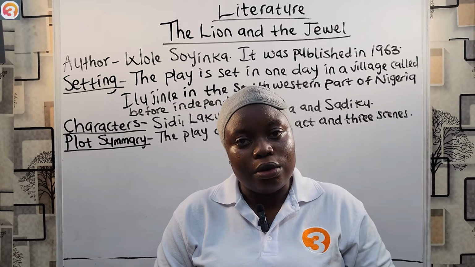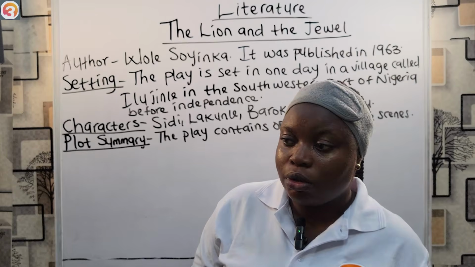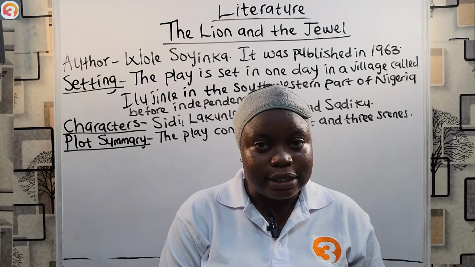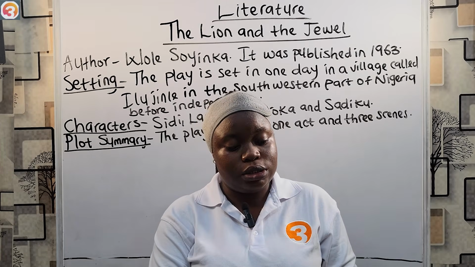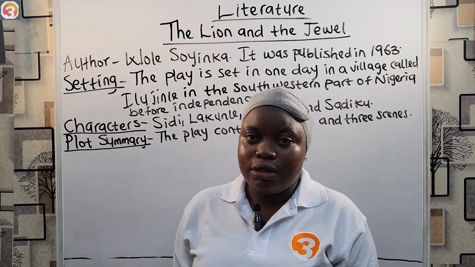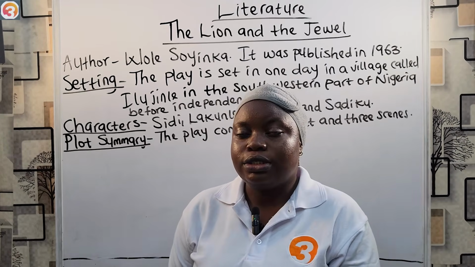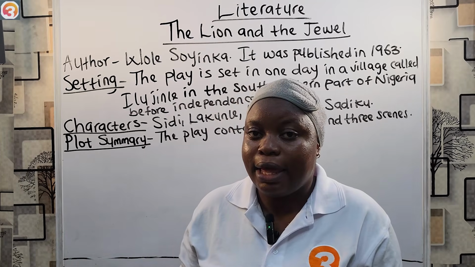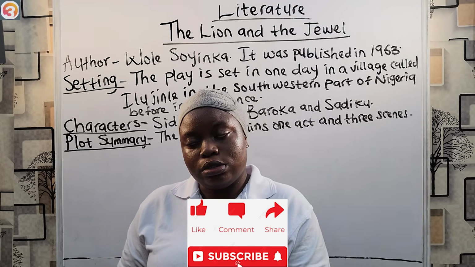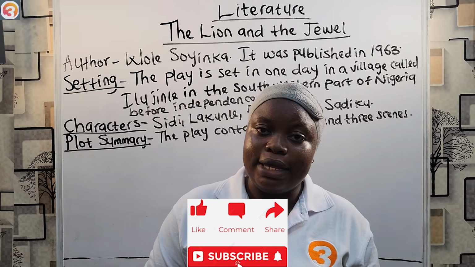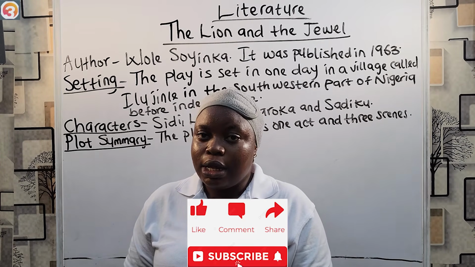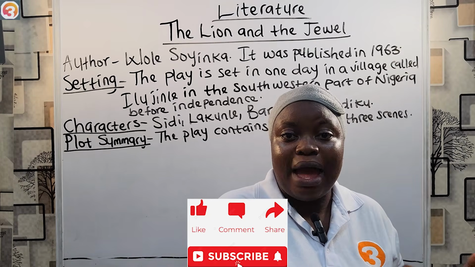But then Sidi is now proud. She has seen that she's a very beautiful girl. She's popular. Her pictures are all over. She's known due to the magazine. Even the Bale's photograph appears only in a little corner of a page that he even shares with the village latrine. So she thinks at this point she's even more important than the Bale, and she's too good to marry him, so she refuses. Sadiku then asks her to honor Baroka's invitation for supper instead, which Sidi also refuses, knowing fully well that Baroka is very cunning and that she might end up getting married to him after that supper.